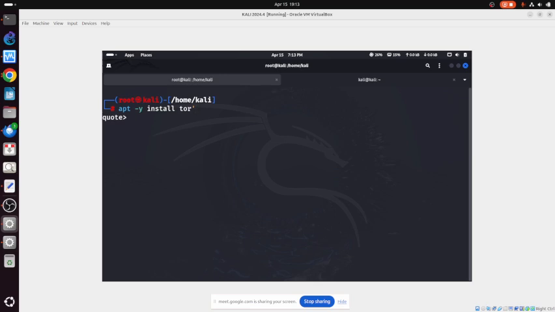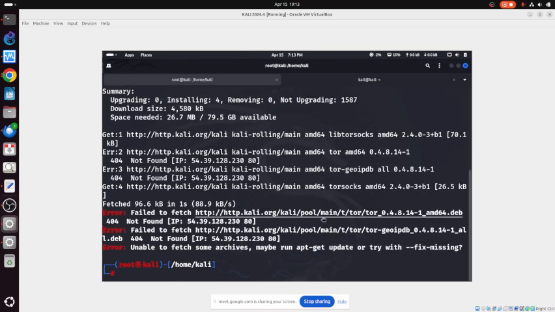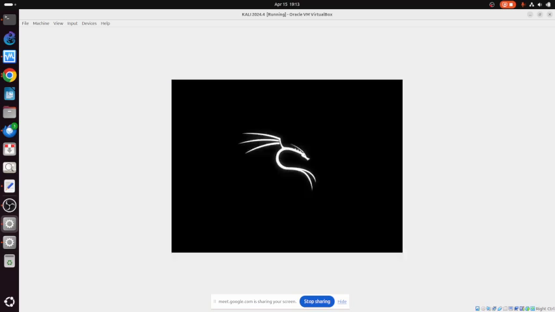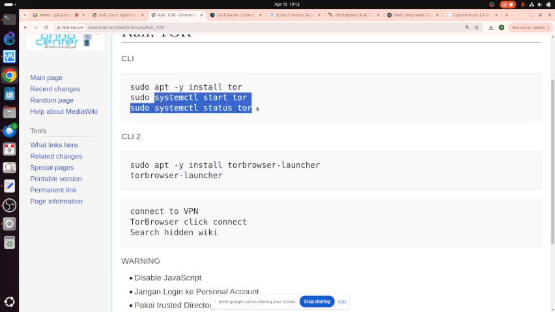Tor. Oops. So it's installed. Oops. Wrong command line, so I shut down the Kali Linux. Anyway, okay. I don't want to restart the machine, but basically we need to install Tor, restart the Tor system.